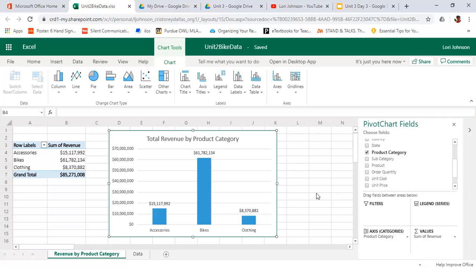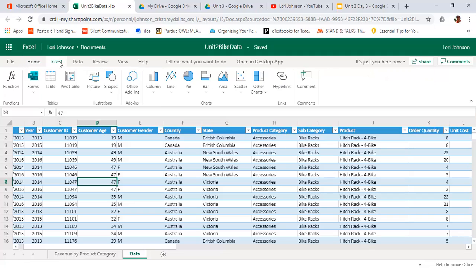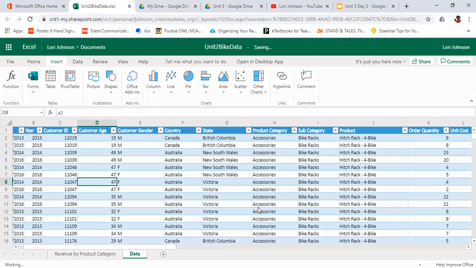I'm now ready to move to my second graph. Excel Online will not let you create another graph or duplicate a tab that has a pivot table, so we actually have to create a new pivot table in order for me to create a brand new graph. So we're going to select Insert Pivot Table, keep the defaults,